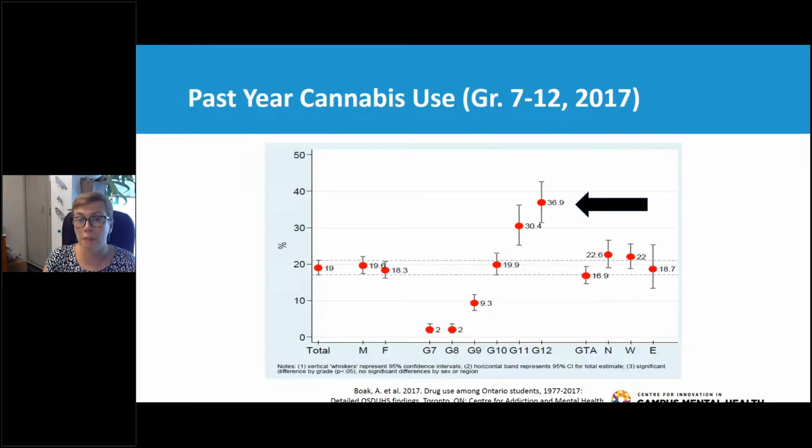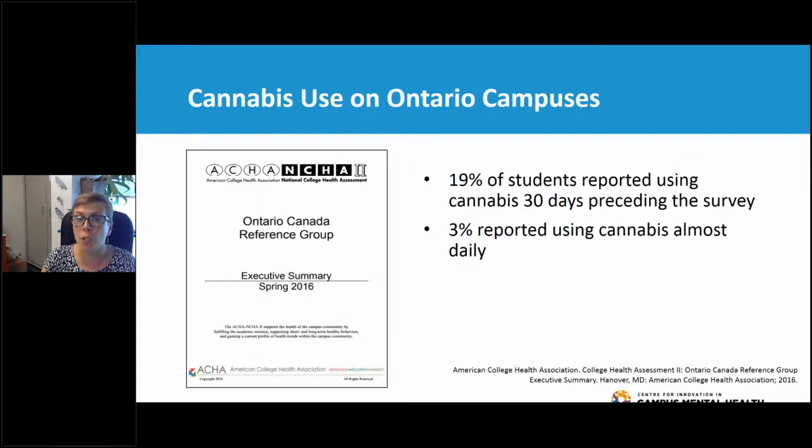So male and female students are using cannabis in the past year equally. And on the far right of the graph, you can see that there's no statistically significant difference in the geographical variation of cannabis use across the province. So the GTA, the North, West, and East are all reporting past year cannabis use equally. If you go to the next slide, we do have the opportunity to look a little bit more closely at